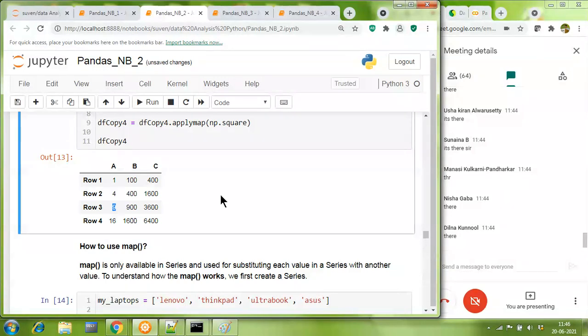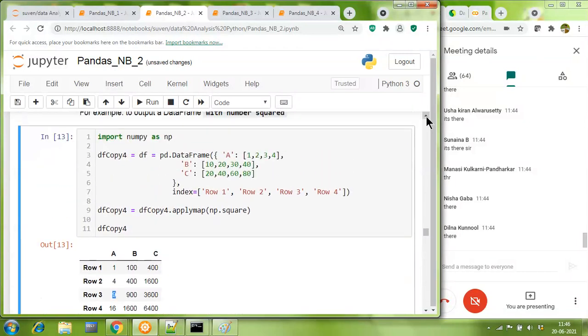Simple. Now I want all of you to please run apply map function, that is df copy 4. If you finish that, you should say to me on the chat df copy 4 done, or you can say apply map done. Any confusion in this code, please ask.